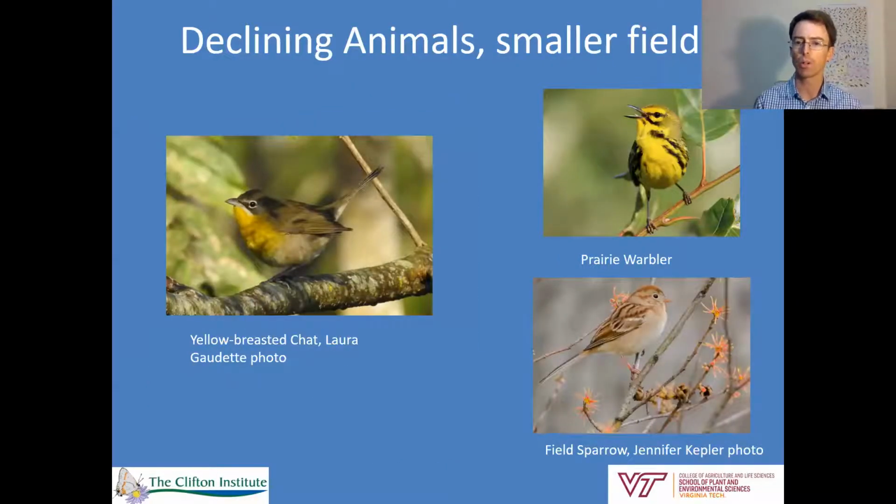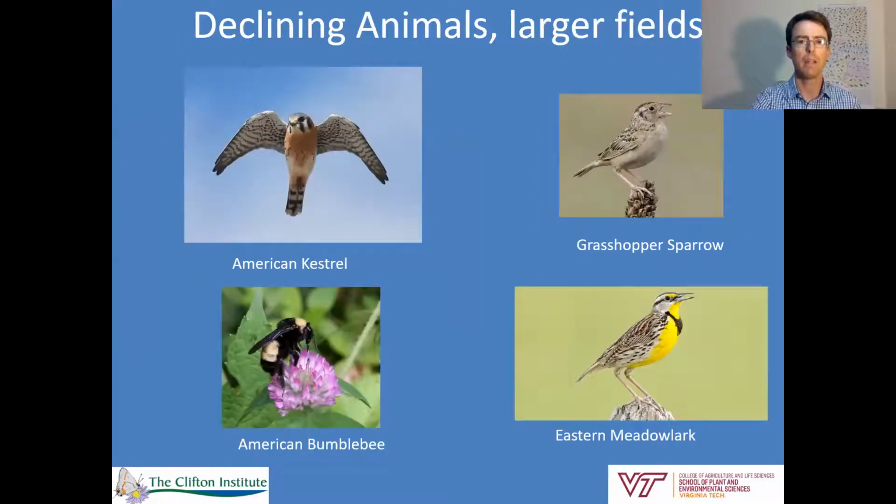These habitats are not just important for plants. In smaller fields, declining species like yellow-breasted chats, prairie warblers, and field sparrows are found. And in larger grasslands in our area, we have American kestrels, grasshopper sparrows, eastern meadowlarks, and American bumblebees, all of which are declining. The conservation status of birds is better known than insects, but it appears that the American bumblebee and Sanderson's bumblebee, perhaps some others, are on their way out, and they're hanging on in these important